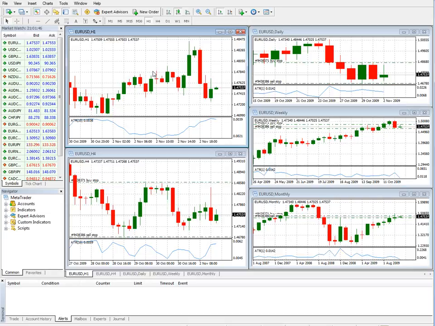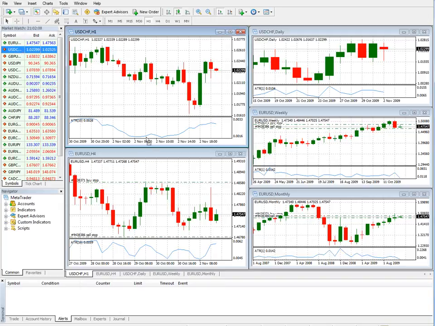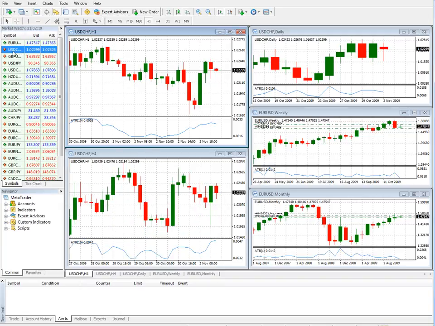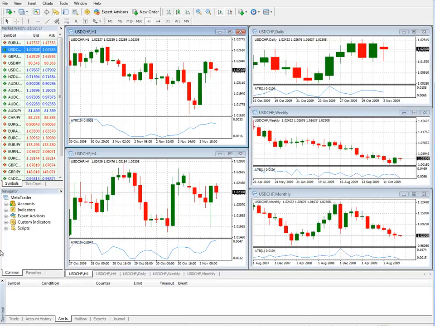What we want to do is use a different currency pair, and we're going to use the US dollar Swiss franc. But we're going to have the same kind of profile setup here. So here we go. Drag, drop, drag, drop, drag, drop, drag, drop, drag, drop. Now here's something that you'll notice when we do this,